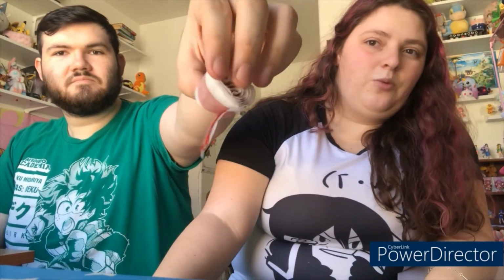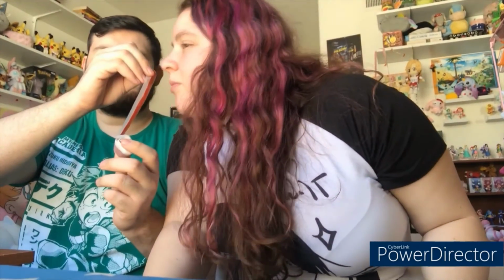So he started unrolling it, and automatically you can see that the texture is way different than a fruit roll that you would find here. It looks more legit. What does it smell like? It smells like strawberry. Like good strawberry. Oh yeah, it smells like actual strawberries, made from real fruit type of strawberries and not anything artificial. It is very sticky. Very, very sticky, apparently. I haven't felt it yet, but...